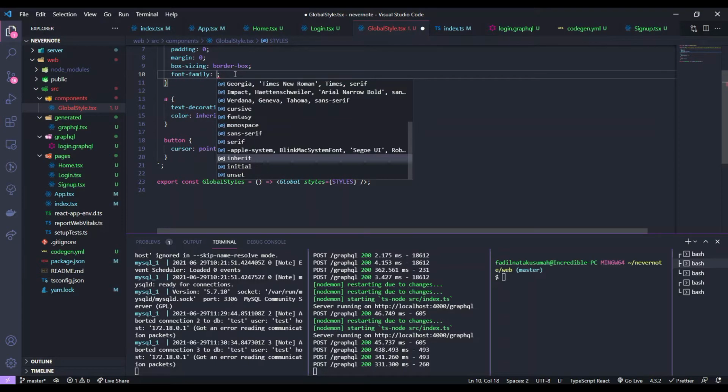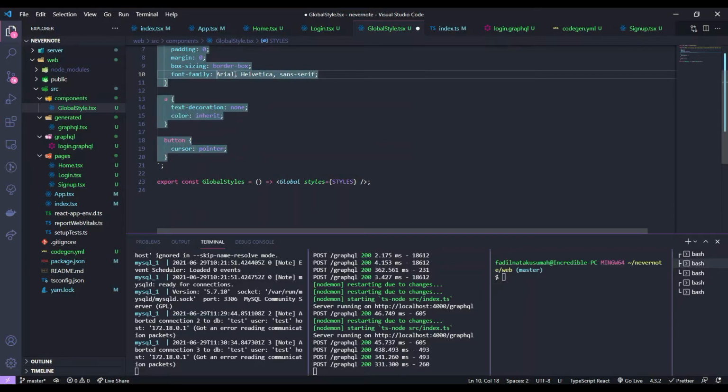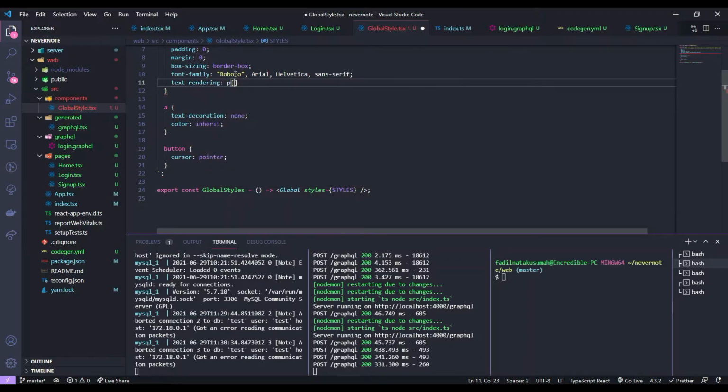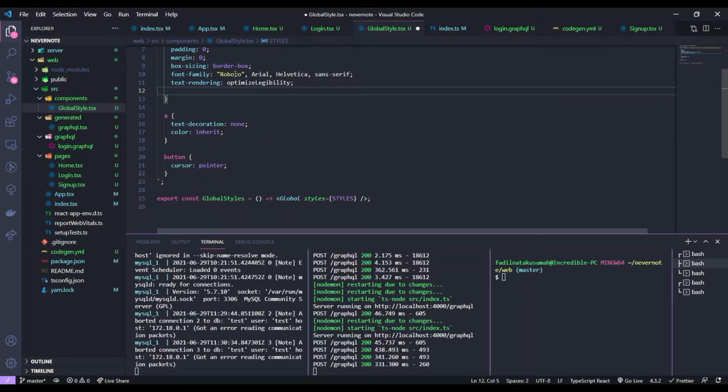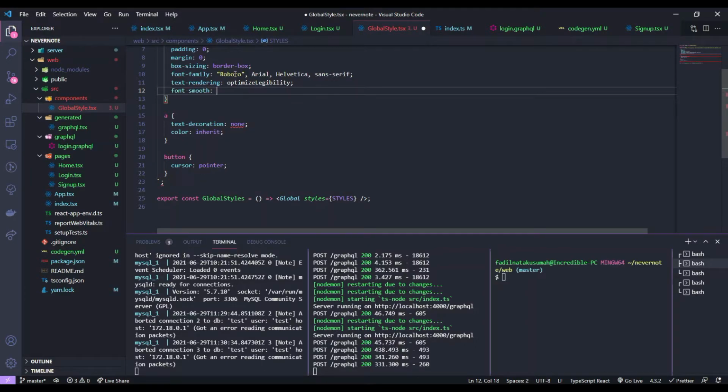let's see, Arial, Helvetica, and then Roboto, and text rendering would be optimized. Then smooth, be always,